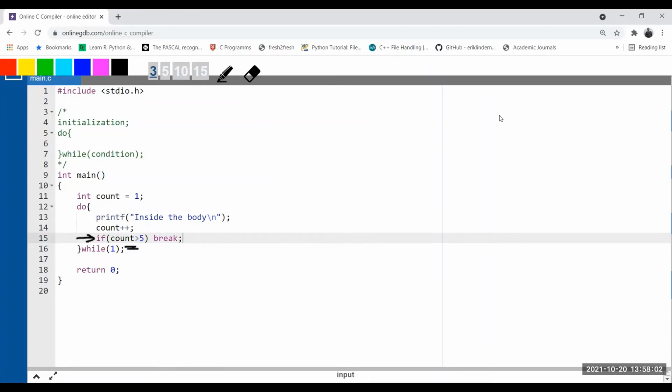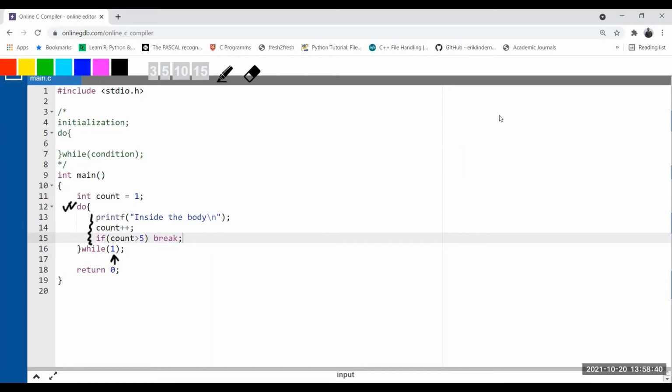When the value of the variable count crosses 5, the loop control immediately goes outside. What we understood from this discussion is that the condition written in the while part of the do while loop will be checked by the compiler after executing the body of the do loop at least once.